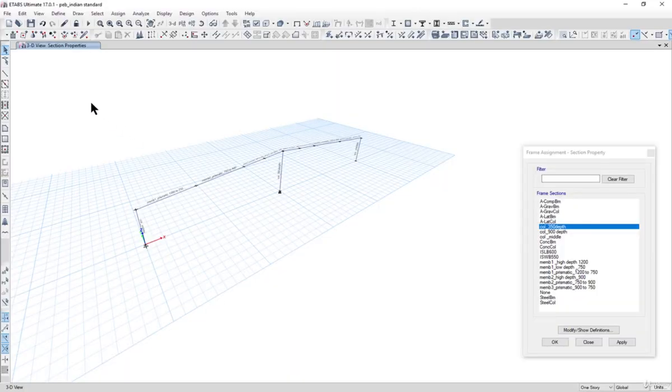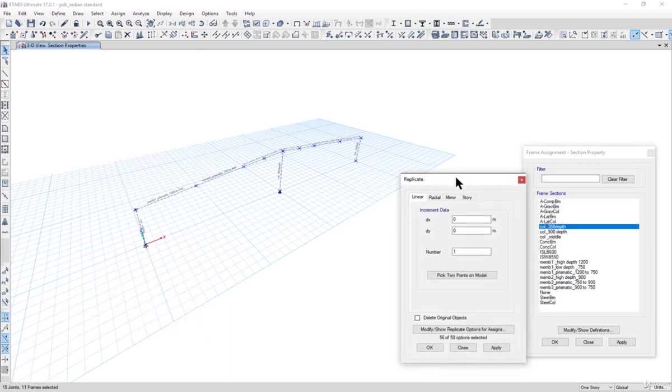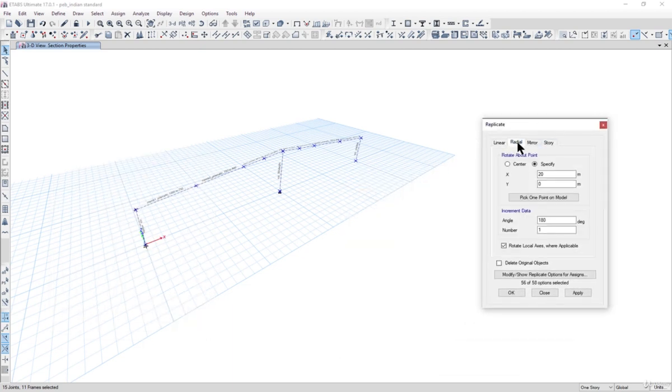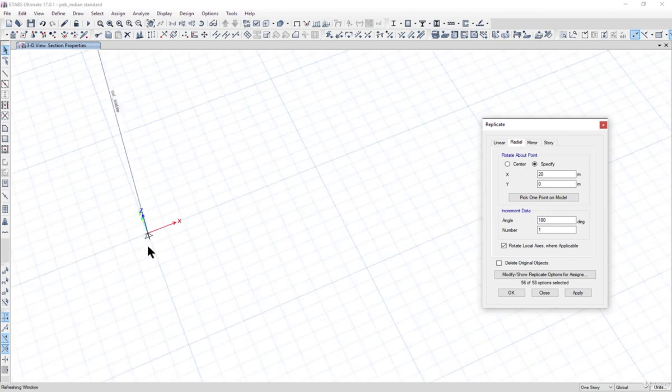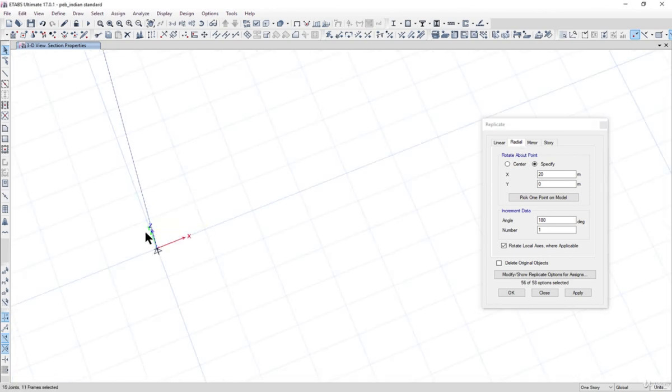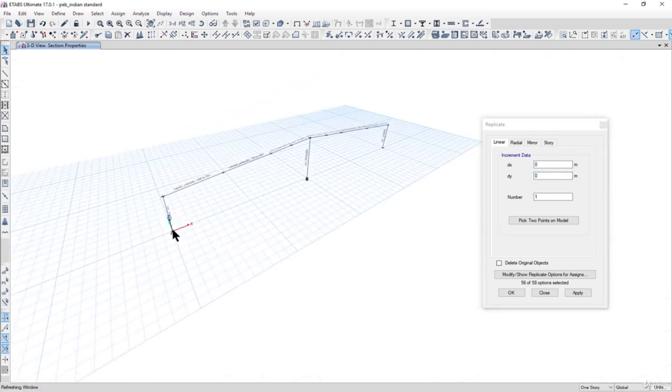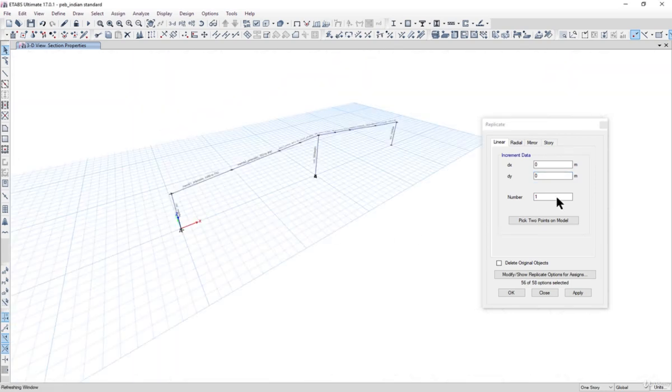So we can replicate all the arrangement. Select all the beams and select all the joints, go to edit, replicate. We can close this window here and we can click on radial, and here you can see that the axis is -y. So we can select linear here. Increment data has to be along y-axis only, and dy has to be